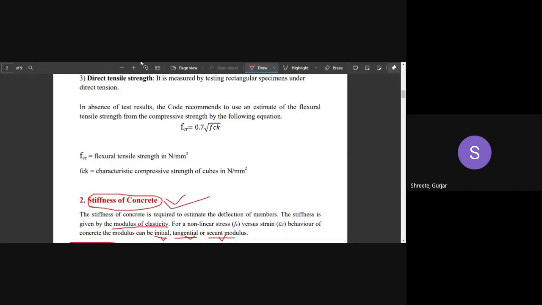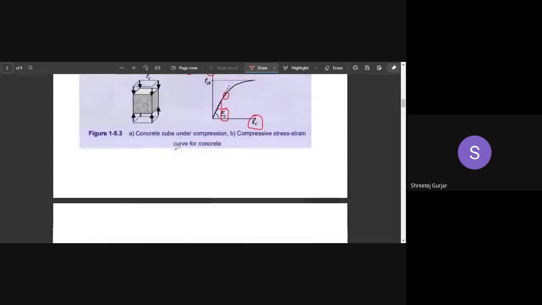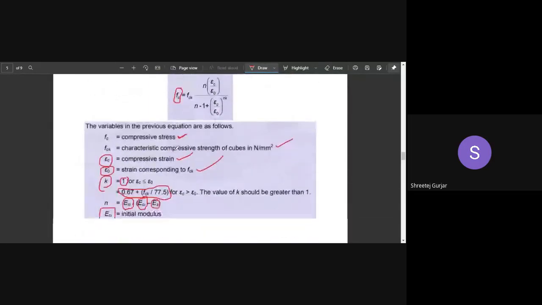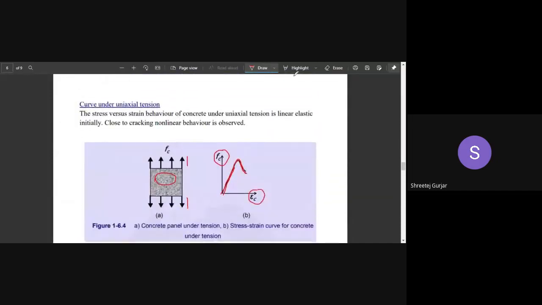Okay, hello. So your tension curve is same for both the normal concrete and the high strength concrete, sir? Yes, this curve what they have shown is for normal concrete as well as for high strength concrete, right? So this is the same behavior. This curve is both for high strength concrete and for normal concrete as well. So you can draw this curve and you can mention that.